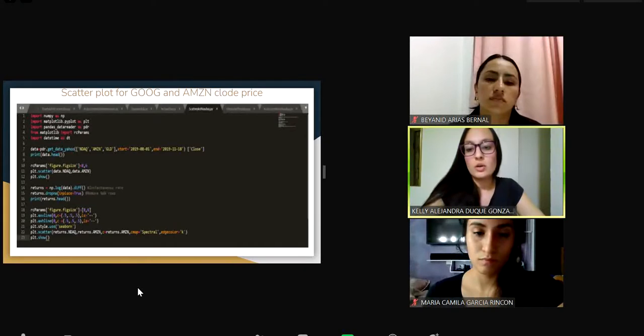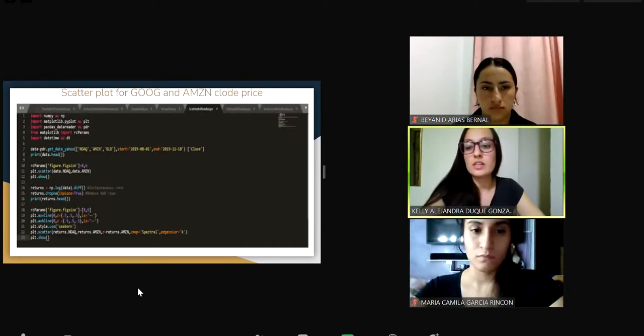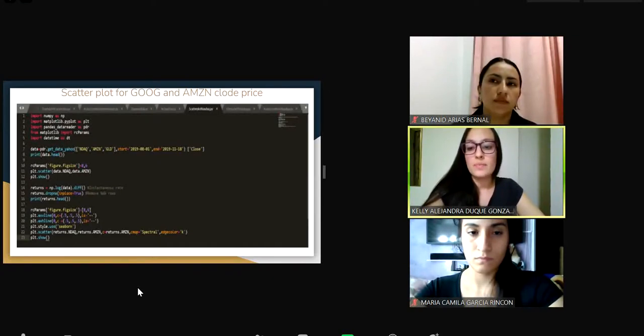The next code allows a Python plot function using Matplotlib, taking into account the parameters set in the code, 8 and 6. The next code allows adding a vertical line through the axis, taking into account the address points stipulated in this code. The next allows adding a horizontal line along the axis, taking into account the address points stipulated